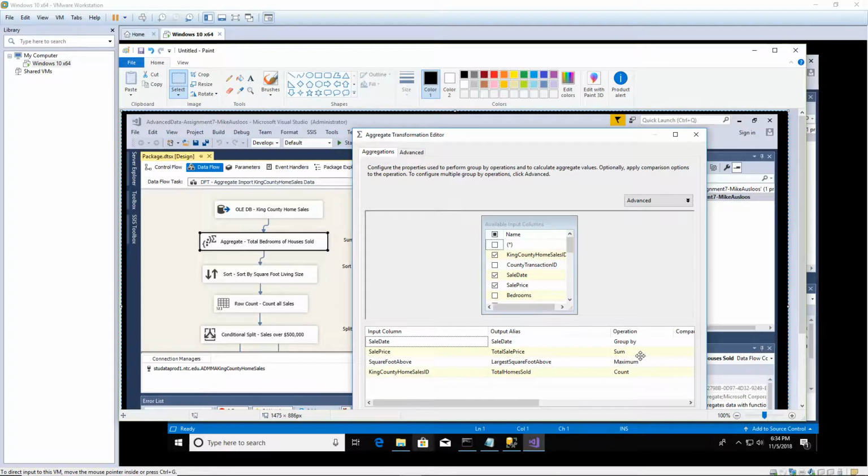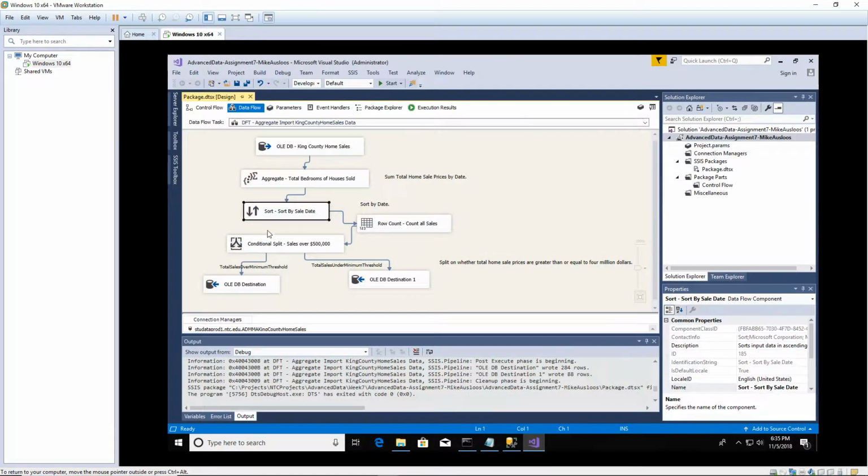We'll sum up the price, take the maximum square foot living space to obtain the largest home sold by square foot of living space, and then we're going to take a count of the number of houses sold for a given date. And then we're going to sort them by sale date, take a row count of all of them, and then